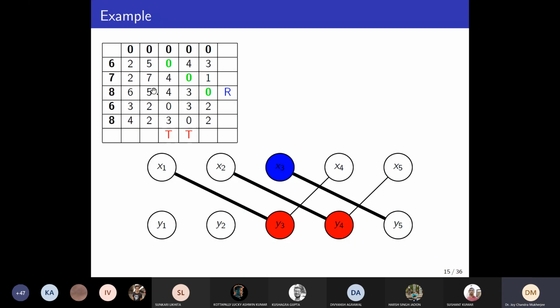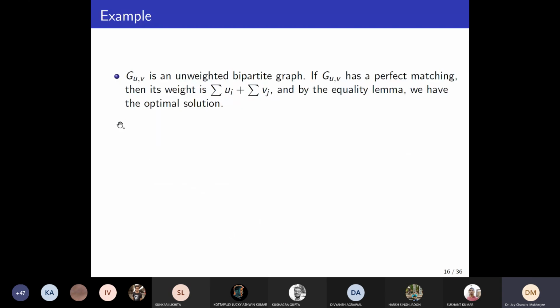So what it says, okay, 1 is subtracted, the minimum excess epsilon is 1 here, that is subtracted from all the u_i values where i belongs to X minus R, and we add epsilon to all v_j's where j belongs to T, where y_j belongs to T. So this will be 0 plus 1, here 6 minus 1, 7 minus 1, 6 minus 1, 8 minus 1. So what it turns out to be,